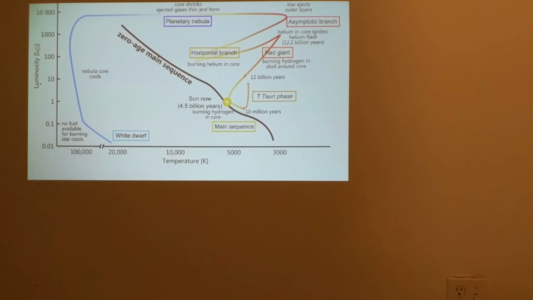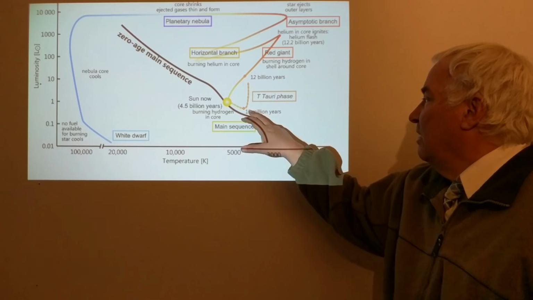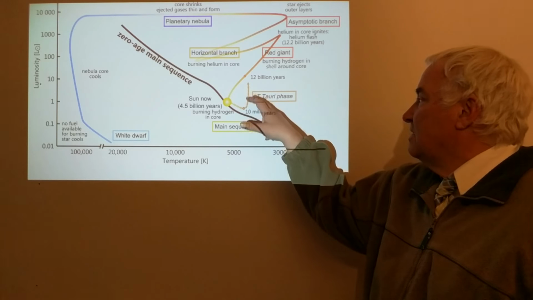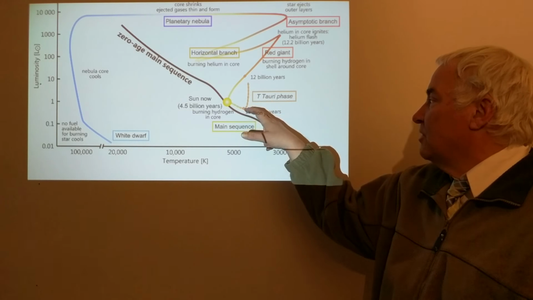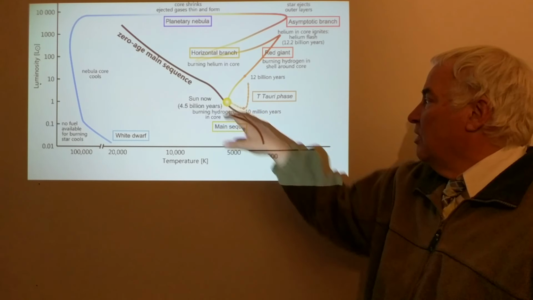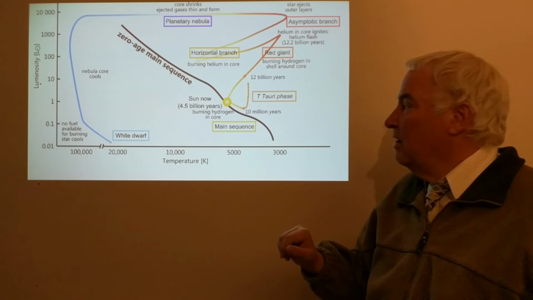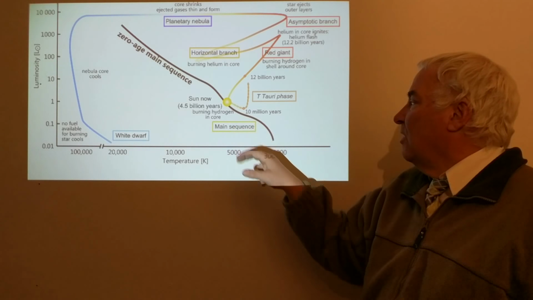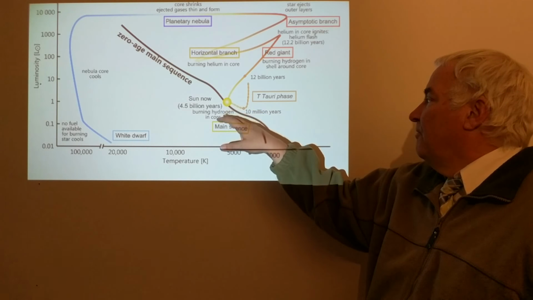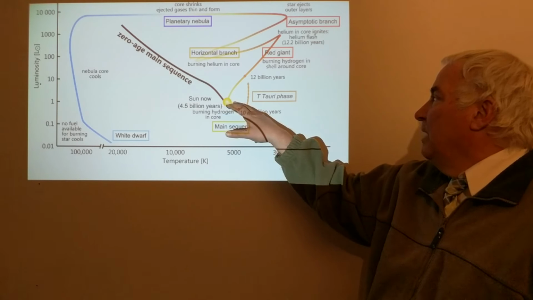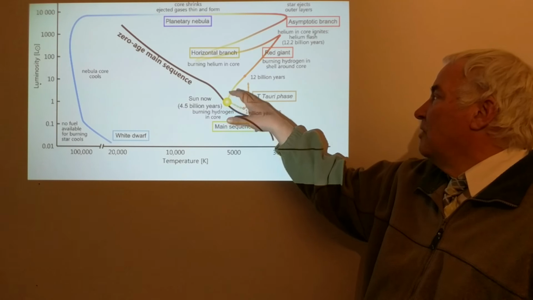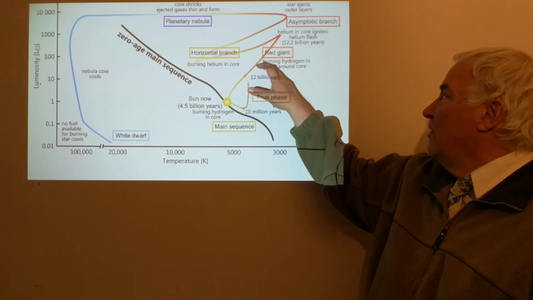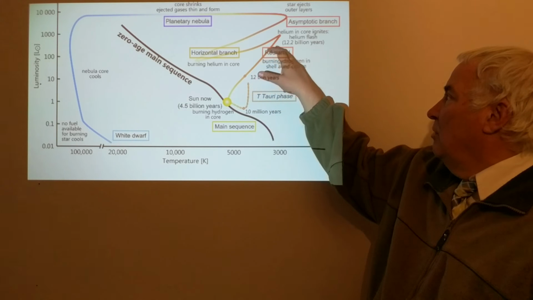So we look at the HR diagram, we can see that the stars form over a period of a few million years, go through the pre-main sequence stage after the protostar stage, and they join the main sequence. And this is the location of the sun currently. And after about 12 billion years, the sun will move off the main sequence and join the red giant branch, moving up here,